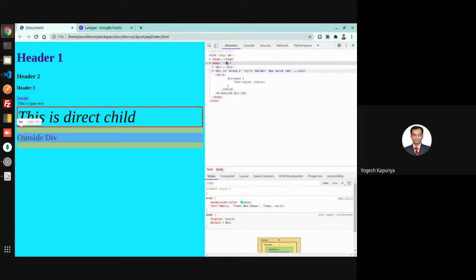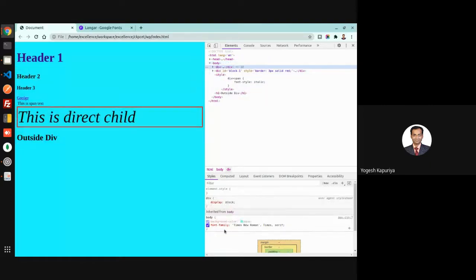See this. We have applied the font Times New Roman to only the body tag. But if you see, this div tag also inherited the font Times New Roman, because the div tag is within the body tag and the body tag has the font Times New Roman. So that is inheritance.